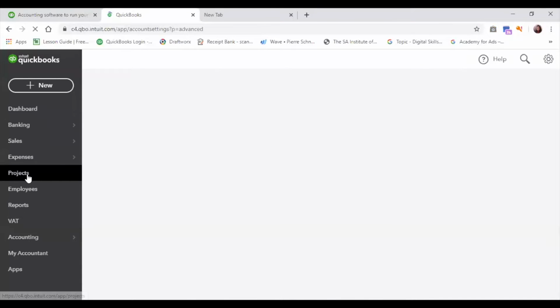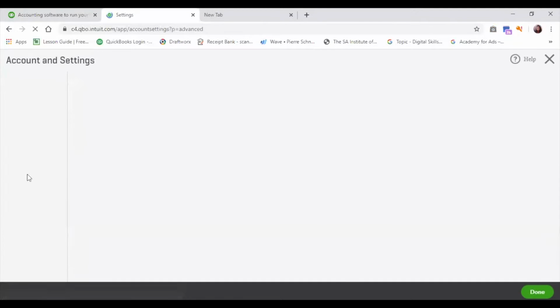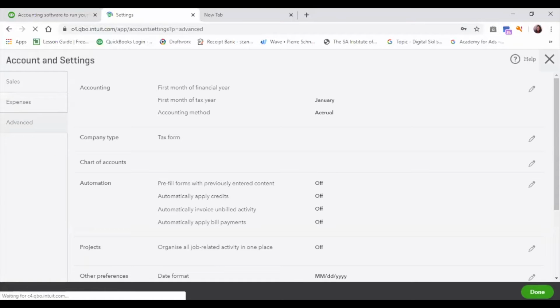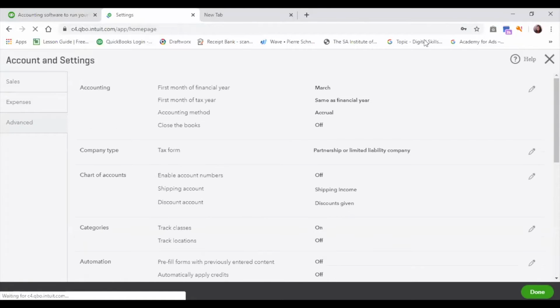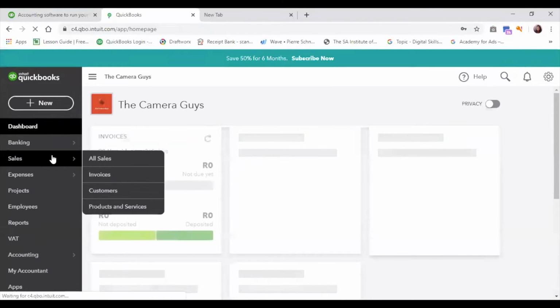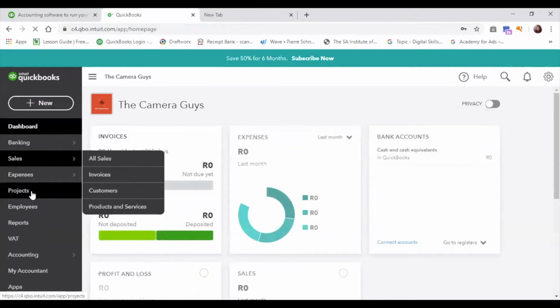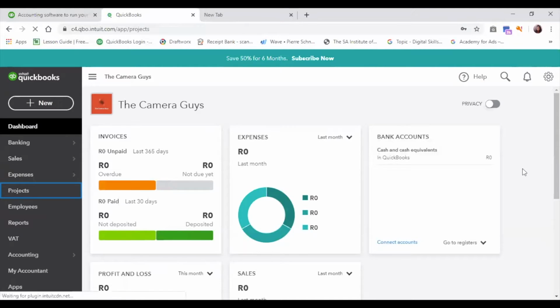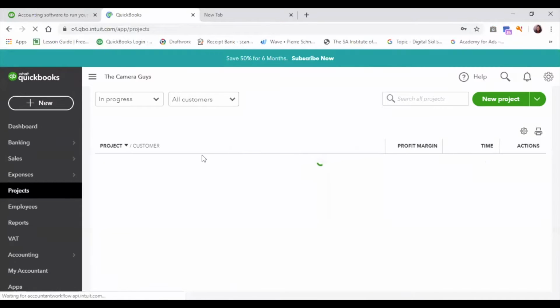Okay. So now, if we look here, it's going to refresh. And now you can see that you've got a project tab opened. Actually, it wants me to go back to settings. Okay. So if I go into the project tab,